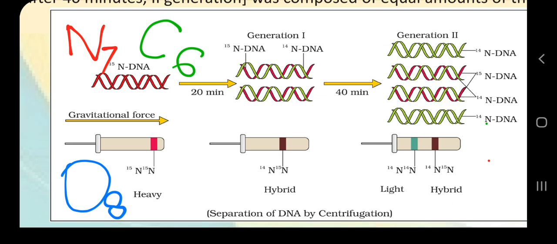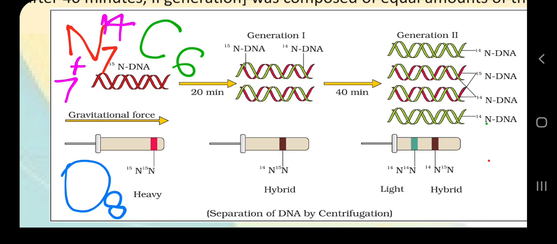Now coming to the next particle, which is called the neutron, which is also present in the nucleus. If you are aware of the atomic structure, you may know about the nucleus and the electron shells, the surrounding part. The nucleus is composed of protons and neutrons. So for ease of study, I will say that nitrogen will have 7 protons and 7 neutrons. It means a total atomic mass of 14.